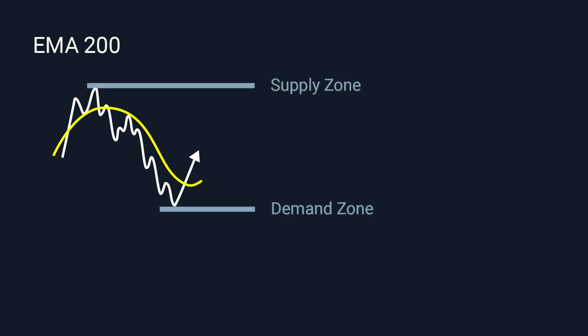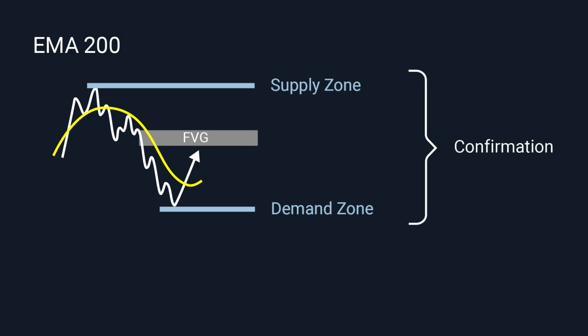At last, exponential moving average, EMA. The greatest feature of my strategy is EMA 200, one of the most commonly used moving averages, which serves as a long-term trend indicator. The yellow line represents smooth price action and provides a clear indication of the overall market direction. When the price breaks above or below the EMA 200, it often signifies a shift in market sentiment. A breakout that occurs in alignment with the EMA 200